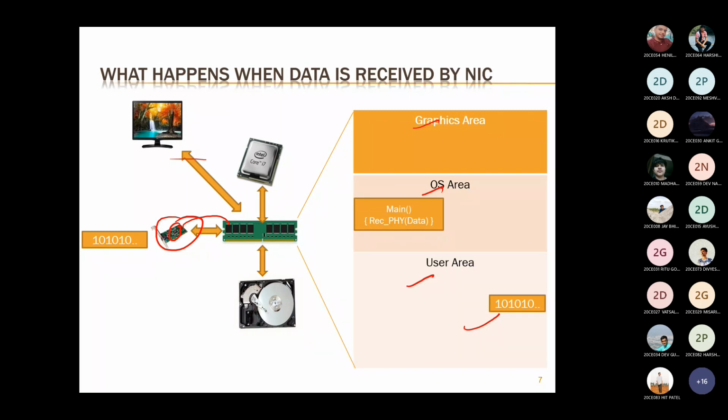the kernel. The kernel will call the TCP/IP protocol stack, and as it is receiving functionality, it will first trigger receive_phy_data, and the data is nothing but these ones and zeros. This data will be copied from the user area to the OS area. So there will be three copies in three different places: one is the NIC card, second is the user area, and third is the physical receive function in the kernel area.